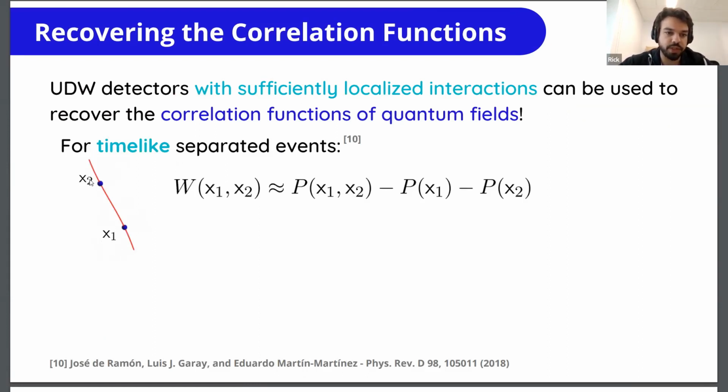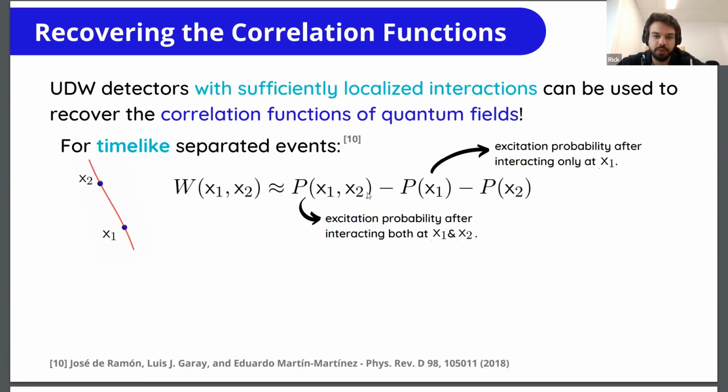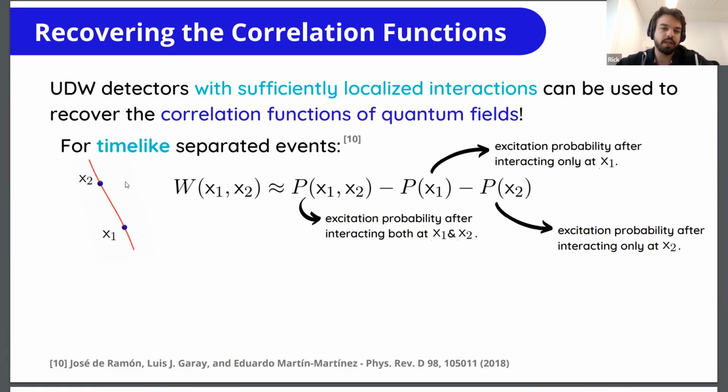So if you have events x1 and x2, which are time-like separated, then it's possible to approximate the correlation function of the field between these two events as being the excitation probability of one detector that goes through the two events and interacts around these two in a localized manner, subtracted from the excitation probability of the detector after only interacting at x1, and subtracted from the excitation probability of the detector after only interacting at x2. So you get one detector that goes through both events, and then you're able to approximate the correlation function of